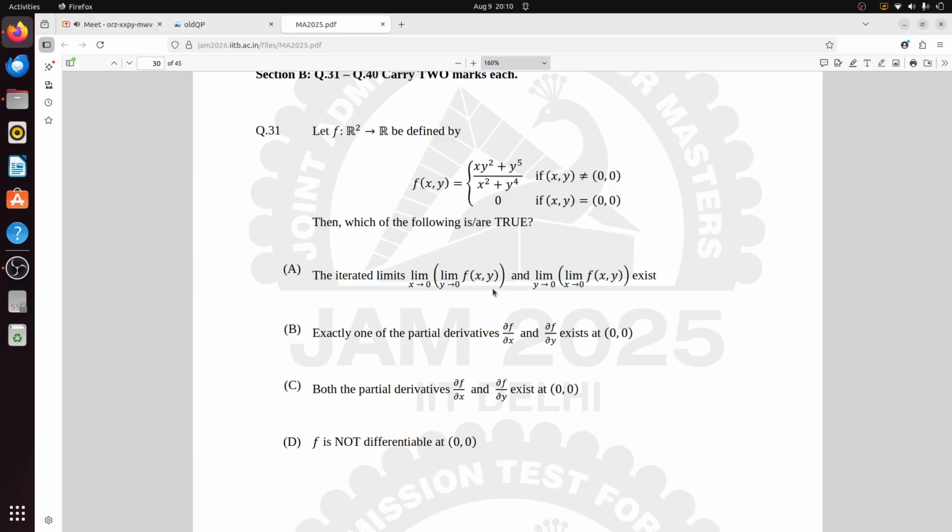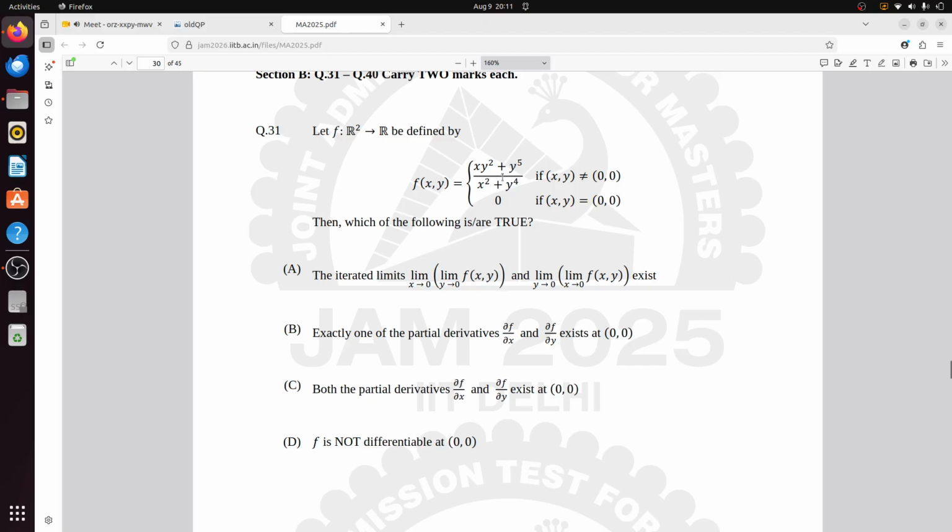By the definition of differentiation, you write f of hk minus f of 00 equal to del f del x at the point 0, 0 into h, plus del f del y, the total derivative, into k, plus epsilon 1 phi of hk plus epsilon 2 psi of hk, where epsilon 1 and epsilon 2 tend to 0 as x tends to 0, y tends to 0.